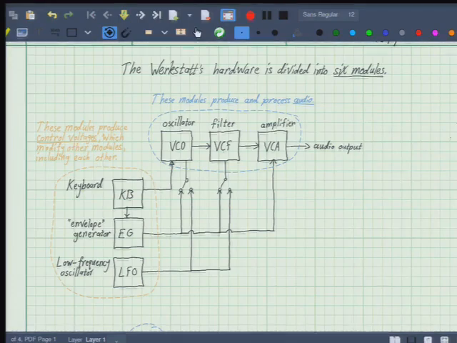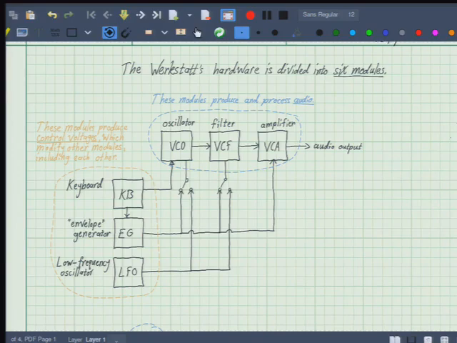The reason I've done that is that there are 2 distinct kinds of signals that go on in here. One of them is an audio signal, and it's going to go along that top row. That top row is basically just an oscillator, a filter, and an amplifier. Those 3 modules, a fairly short system chain, are actually all that produces the sound in this device. So it just goes through 3 stages, and that's all we have to think about for that.